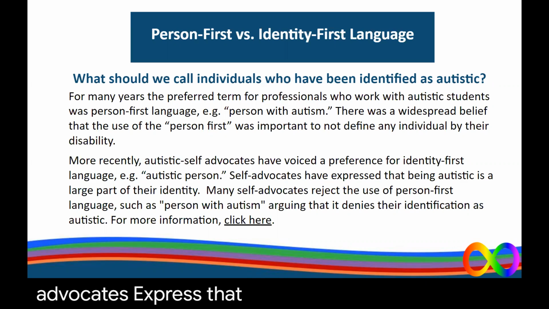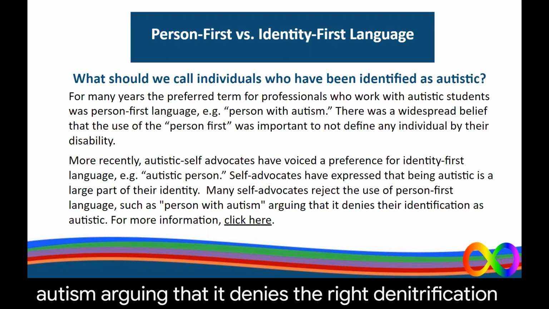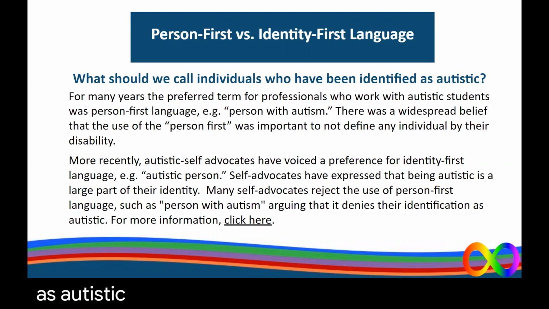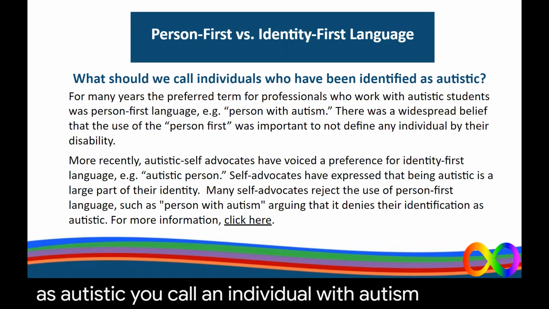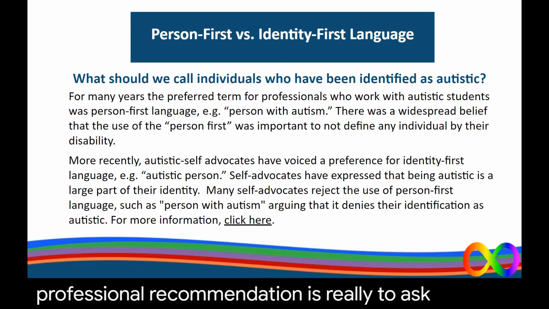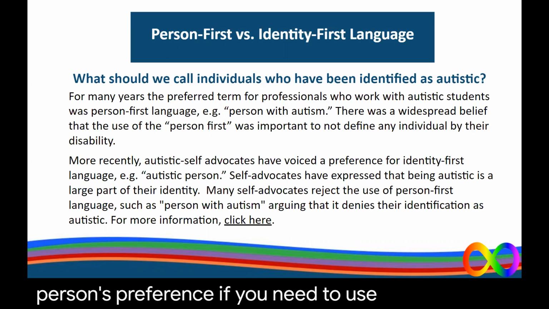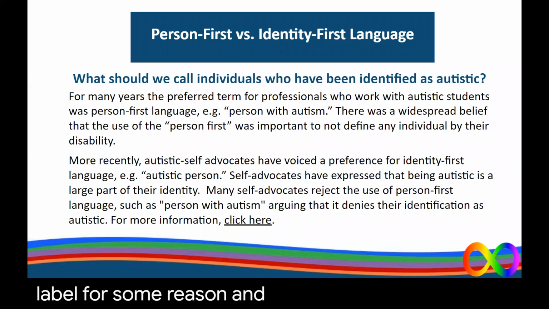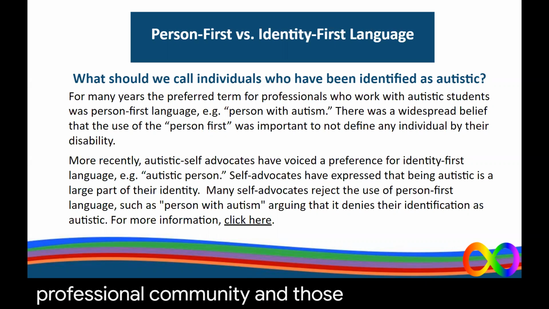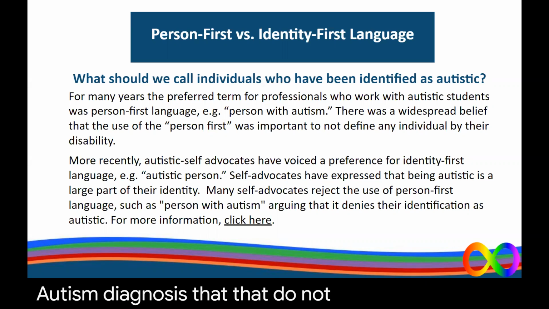Self-advocates express that being autistic is a large part of their identity, and many self-advocates reject the use of person first language, such as person with autism, arguing that it denies their identification as autistic. So what should you call an individual with autism? Professional recommendation is really to ask a person's preference if you need to use a label for some reason. And you will note I vary the use of identity first and person first language throughout my presentation slides to meet the preferences of both autistic self-advocates as well as the professional community and those who have an autism diagnosis that do not prefer